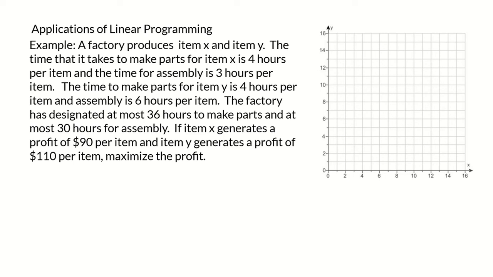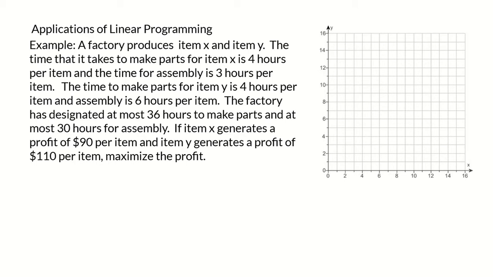A factory produces item X and item Y. The time that it takes to make parts for item X is 4 hours, and for assembly is 3 hours per item. The time it takes to make parts for item Y is 4 hours per item, and assembly is 6 hours per item. The factory has designated at most 36 hours to make parts and at most 30 hours